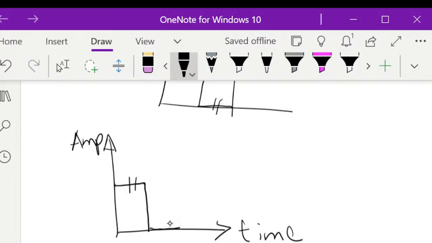So let's just use this to mean equal, and so on and so forth, and then the cycle continues. So T on is equal to T off,